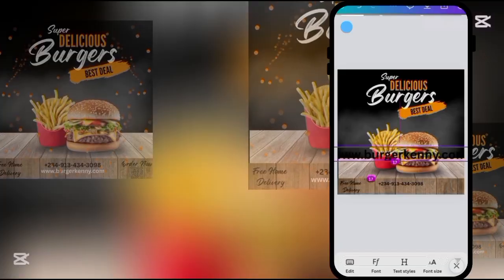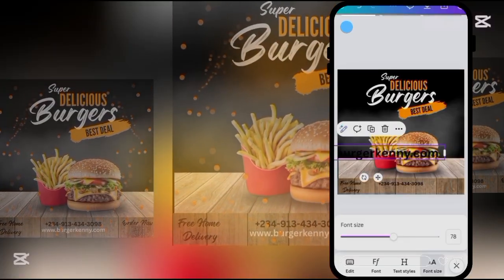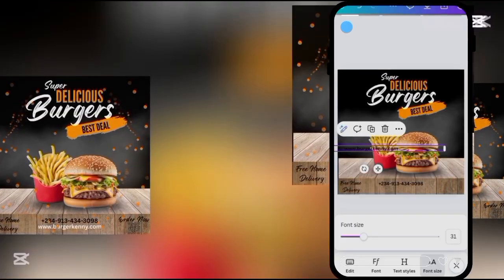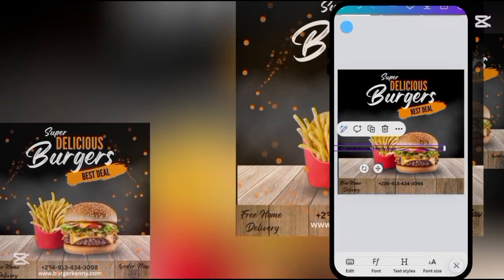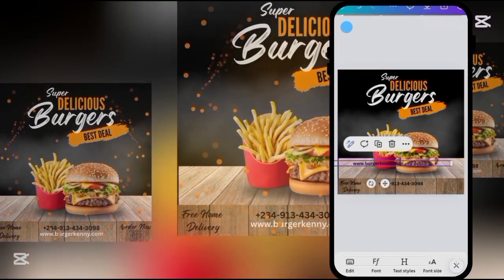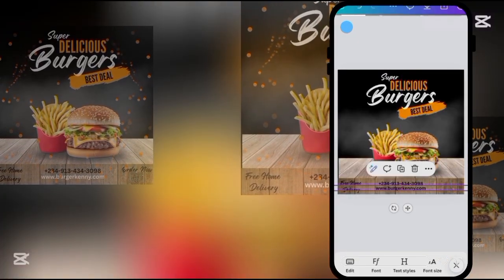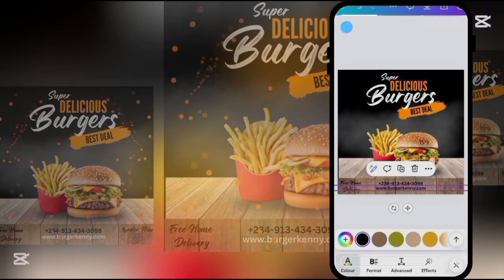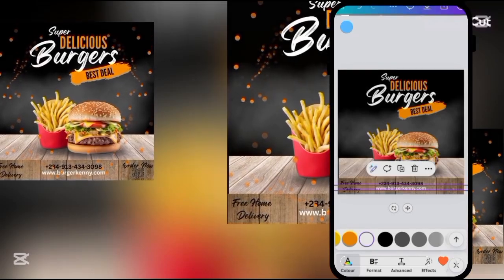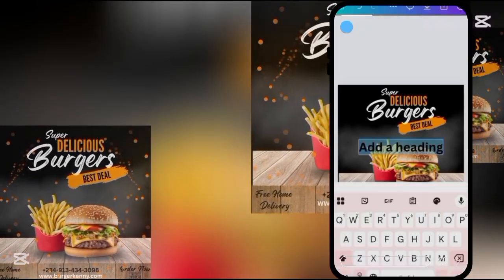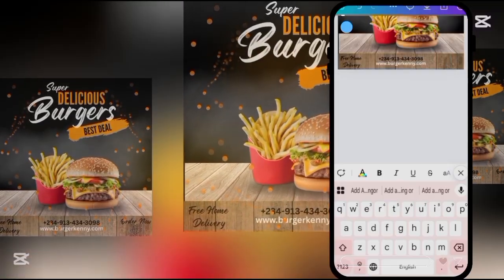Just enlarge it, make it straight in one paragraph, in one line. So that's good. And reduce it. Go to your font size, reduce it. Yeah, that is good. So then bring it down and change. Go to your color and change it to white. Wow, that's good. So the next thing, go to your text again, add a heading and type your